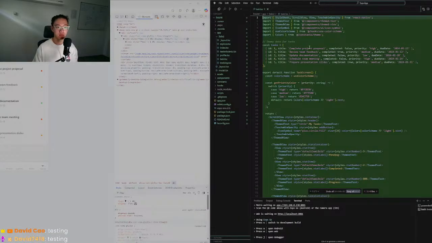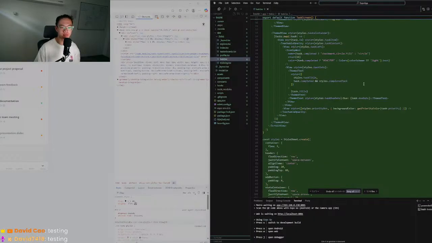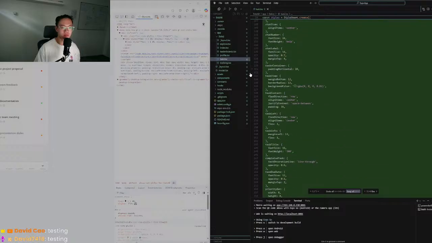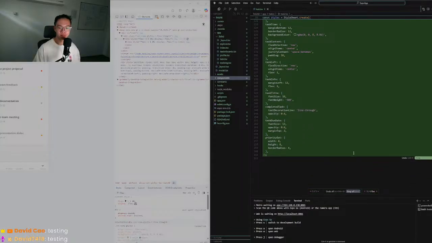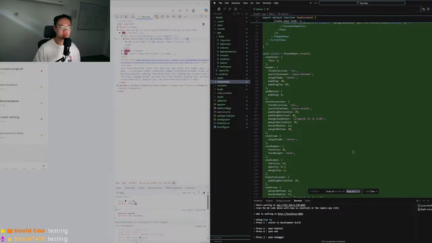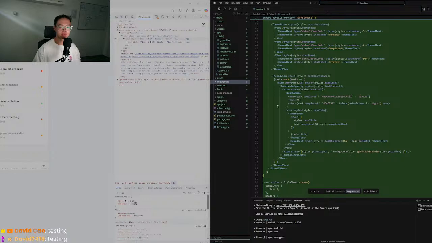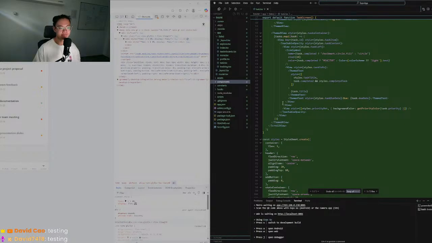So this is in a task. But this really should be in the components. Then again, I need to just let AI do its thing. It's a bit triggering, but then again,